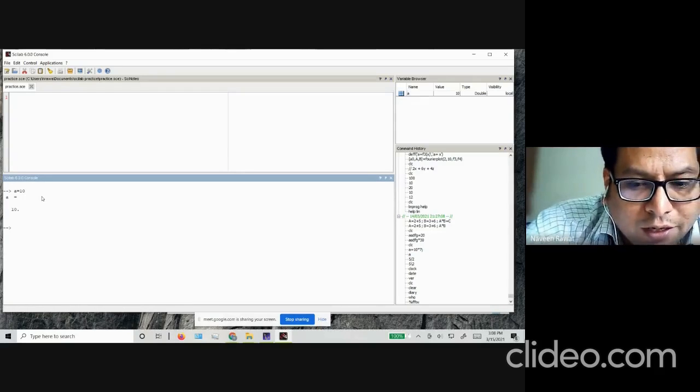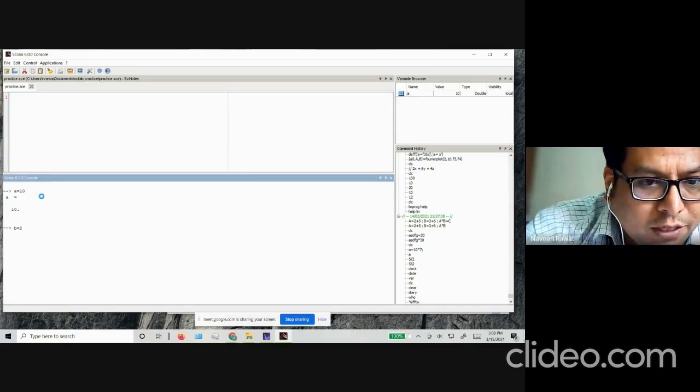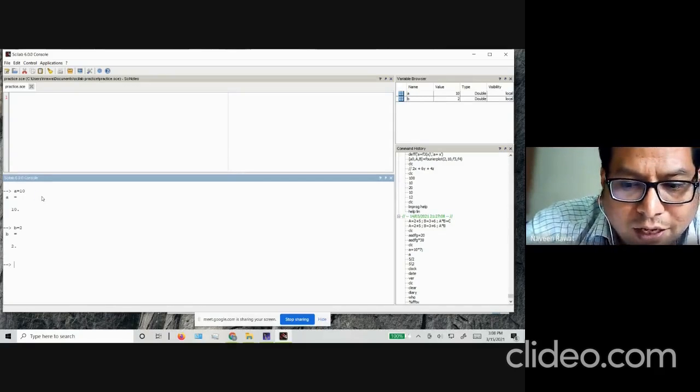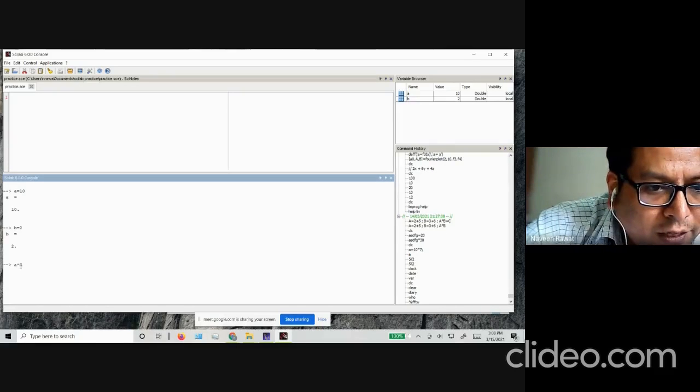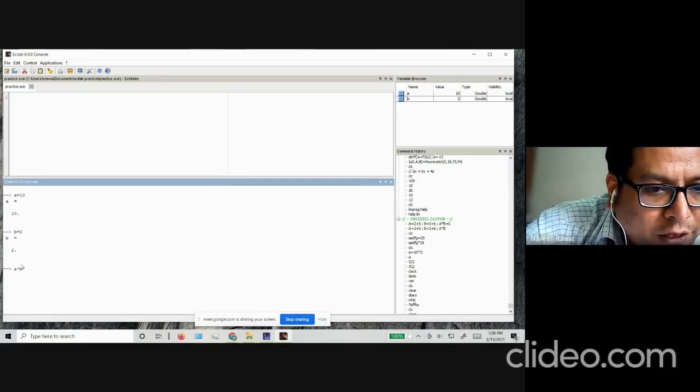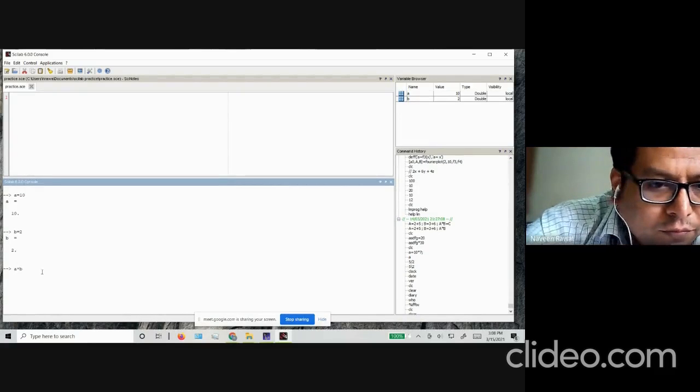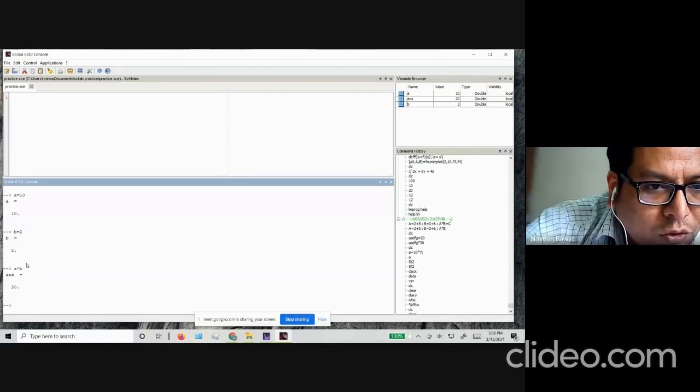Okay. And I can define b is equal to 2, just like in a calculator. Suppose I want to multiply these two, so I can use the multiplication sign, a times b, and if I press enter, I should get the output 20. And there you go, you get the output right in the console window. Answer is equal to 20.